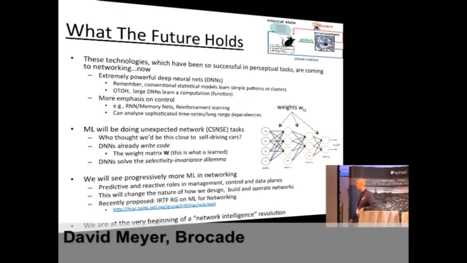And I'll just mention that we're at the very beginning of some kind of network intelligence revolution, evolution, explosion. And if you look at where this stuff has taken hold in any other industry, there's a massive arms race going on in the hyperscalers, in the automotive industry, anywhere where it's taken hold. So we're going to see that in our industry probably within the next year or two, I would guess. So that's a heads up.